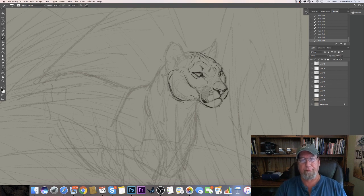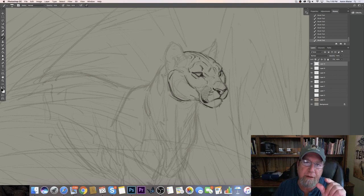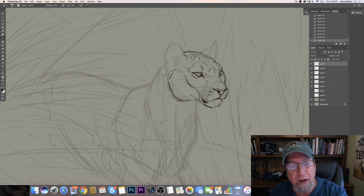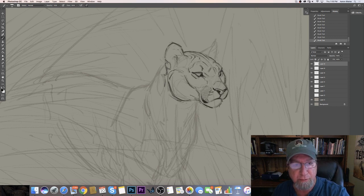How would you study anatomy? Would you just look up pictures of the bones and muscles and do them over and over? I've never really understood what study anatomy meant. Well, when I say study anatomy, yeah, it's doing all of that. But I don't mean knowing every minutia about every muscle. Yes, it is good to know the muscles, but it's good to know more about the masses and their proportions and how they move. And a lot of that is learned through direct observation of animals. You can do that at the zoo. One thing I do a lot of is I record nature programs, and when I play them back, I draw. And I can freeze frame if I want. Nature programs, Discovery Channel, things like that are really great resources to sit and record and learn